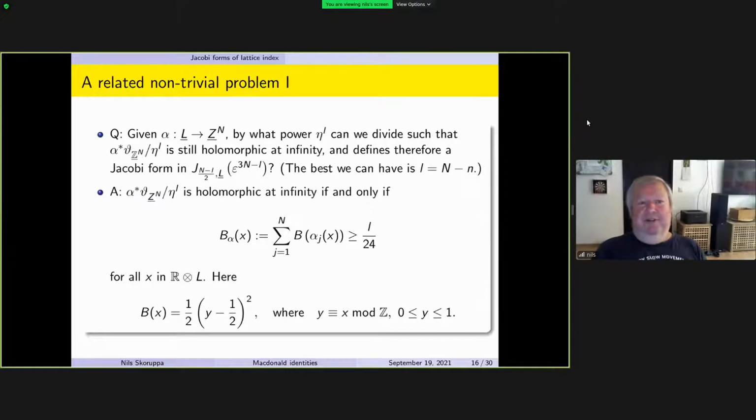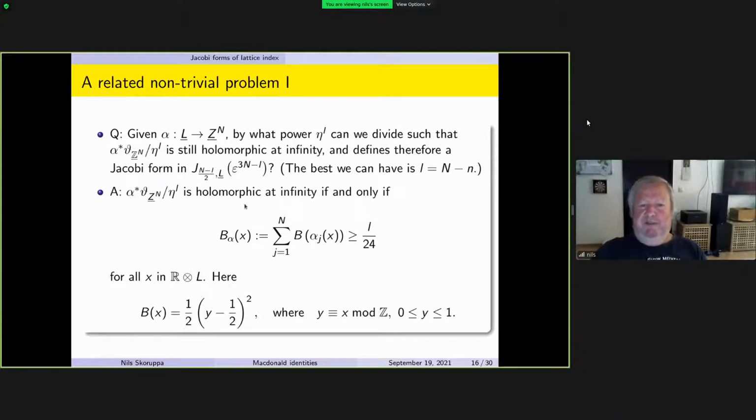Okay, so the other question is, if I have this pullback, I want to divide out by a high power of eta, if possible, to get some Jacobi form of maybe smaller weight, because they're more interesting. And by what power of eta can we divide out? So if I take this standard lattice, theta z to the n that we saw there, with the embedding of L into z to the n, and if I take the pullback and divide by eta to the L, then this is not necessarily holomorphic at